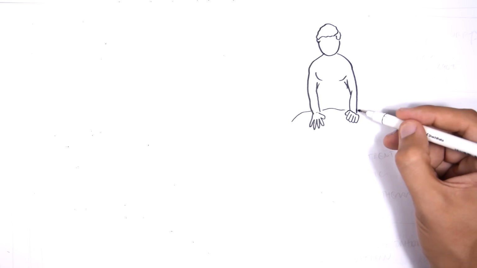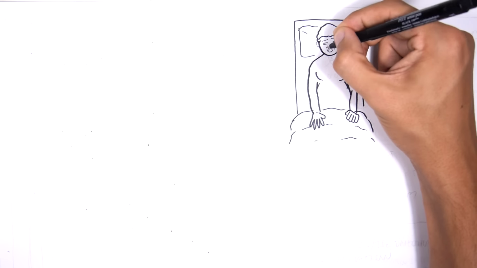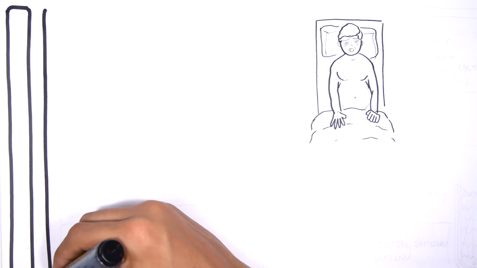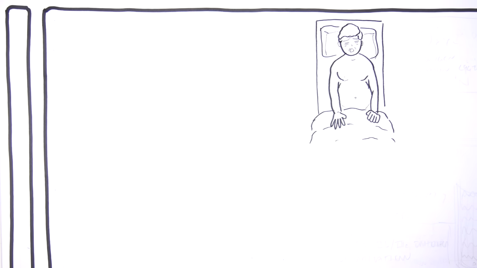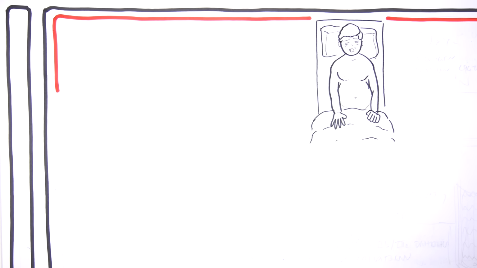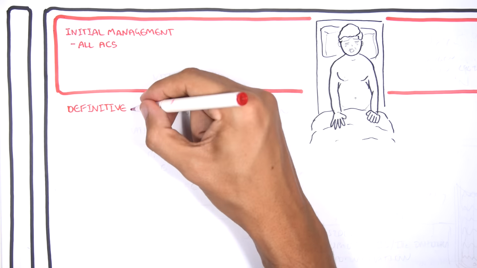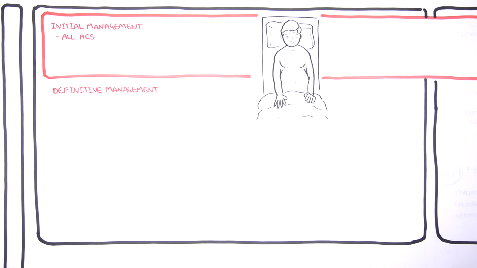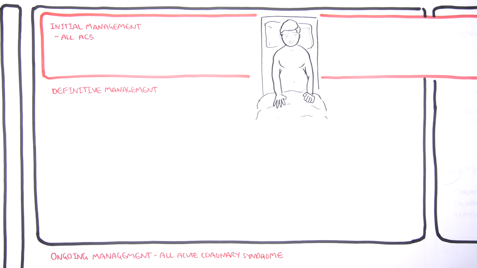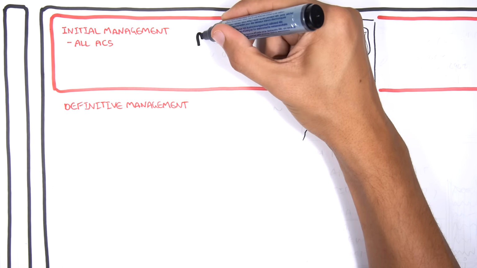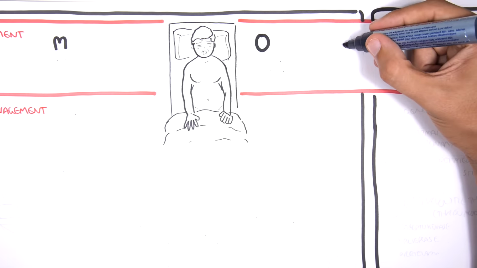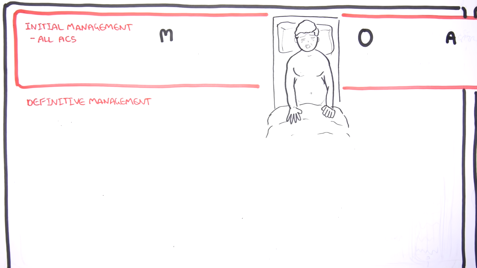So let's just say you're at the emergency department and someone has presented with the signs and symptoms and the risk factors suggesting acute coronary syndrome, specifically a STEMI or a non-STEMI, a heart attack essentially, and you've performed the investigations and diagnosed a STEMI or non-STEMI. And you've done this because you looked at the troponins and the ECG findings. Now, the management of acute coronary syndrome may differ depending on what country you're in, but essentially, it's easily remembered as MOAN, such as moaning. And this is performed on all suspected cases of acute coronary syndrome.